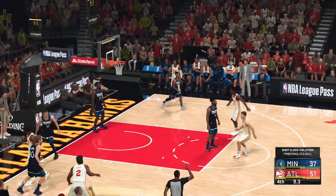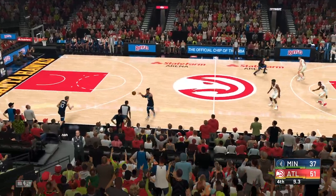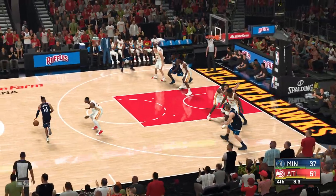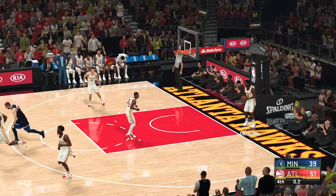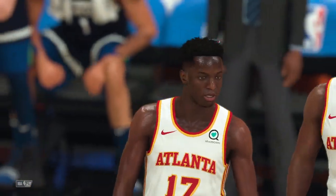Seconds left in the fourth quarter, and they'll turn it over. Could not get off a shot. 24-second violation. And here is Mason. Overdone. Shots good from Mason. And so it's the Hawks taking care of business in this one. Some good moments throughout this one, but they